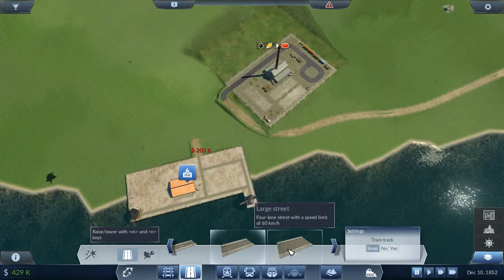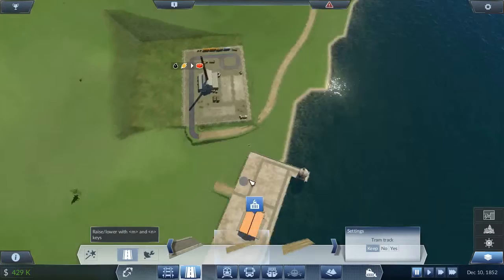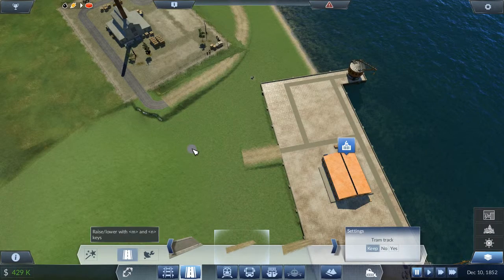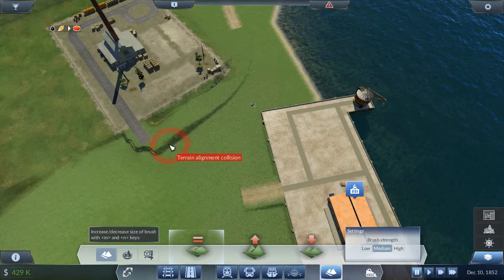And I'm going to get a street. I'll make it a small country road. It doesn't really matter at the moment because it's only horse and cart. So what we're going to do is bulldoze this bit of road and then clean up a little bit around here where we can. Kind of difficult to get into that corner, but